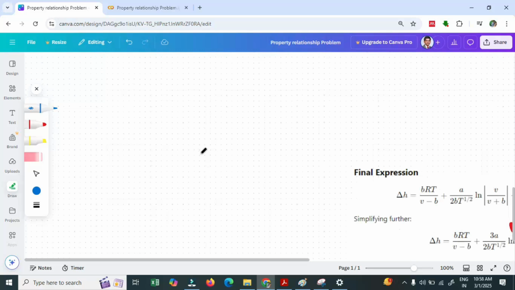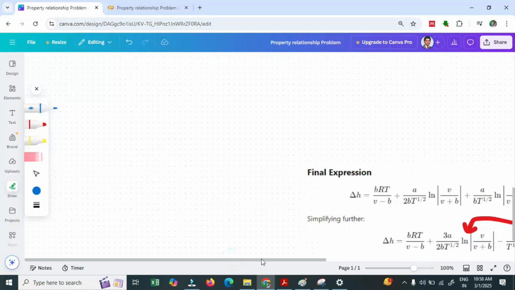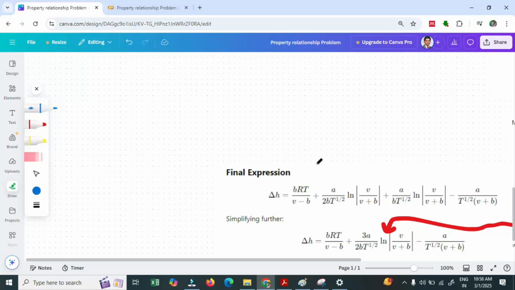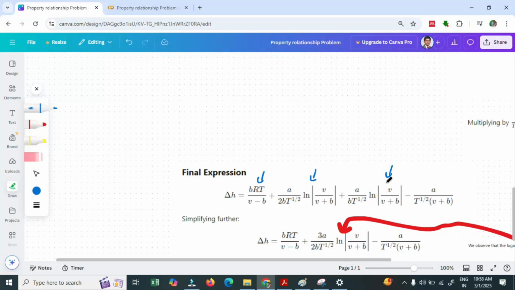I'll have A or 2B t power 1 by 2 plus A B t power 1 by 2. Again, I can take the common term. So A 2B t power 1 by 2. Sorry, 2 is not there. ln V plus B multiplied by here 1 by 2 plus 1, and will become cross multiply here 3 divided by 2. That's what I'm having. 3a